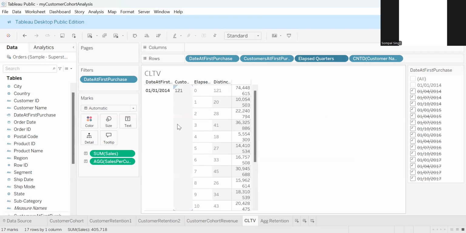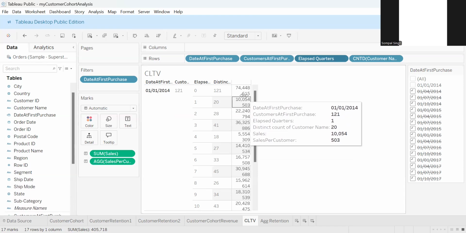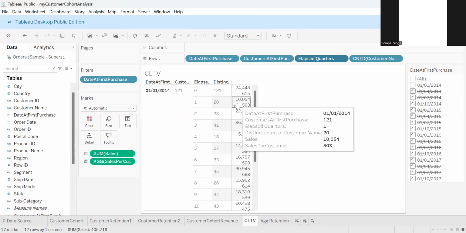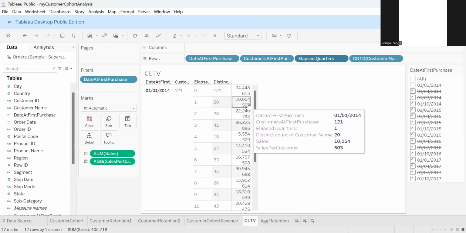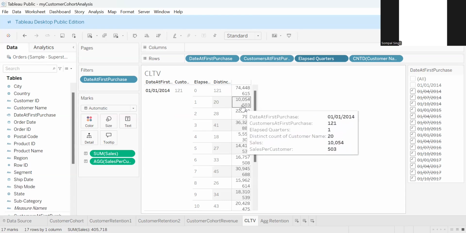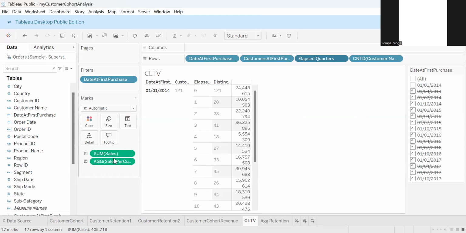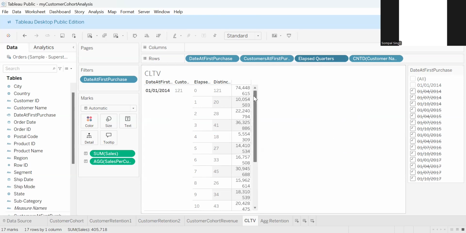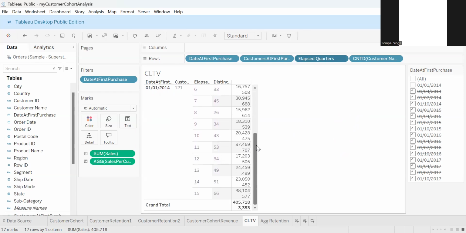This is sales per customer, so it is 615 rupees per customer out of these 121. Then in the first quarter here, 20 customers repeated the purchase and they purchased products of the sale amount 10,054. And for each of these 20 customers, they spent on an average, this is the aggregate measure, 503 rupees. So by using the grand total here, we found that the first cohort of 121